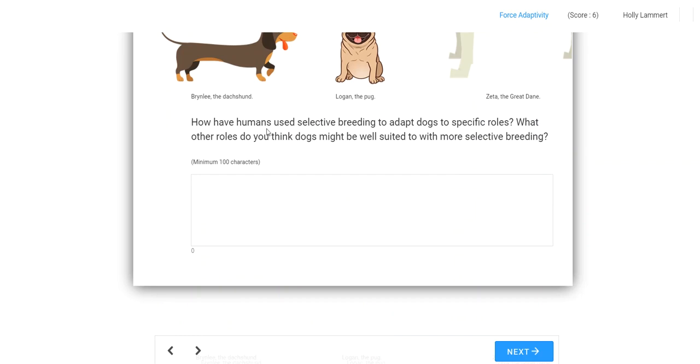Okay, so, how have humans used selective breeding to adapt dogs to specific roles? What other roles do you think dogs might be well suited to with more selective breeding? So you might say something like, dogs are selectively bred, right, to perform different roles. And then maybe you want to list some of those roles,